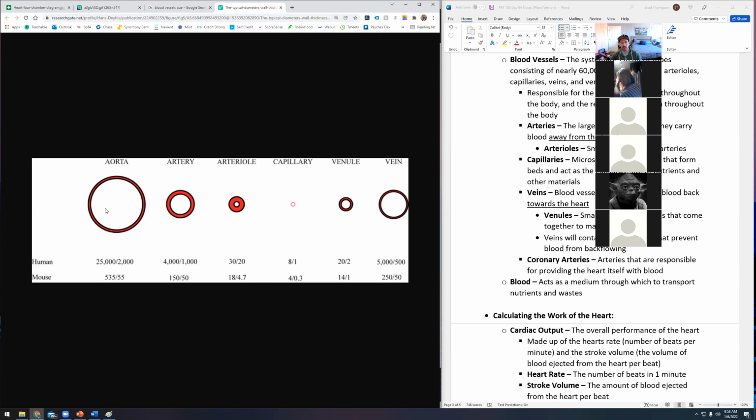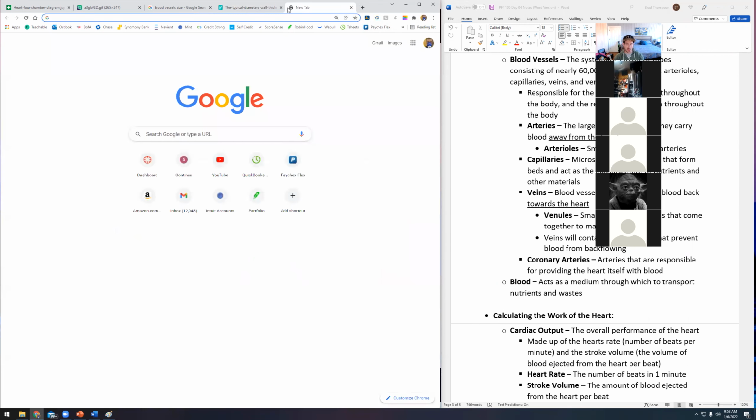So the aorta gets a little bit smaller and becomes an artery, gets a little bit smaller, becomes an arteriole, gets a little bit smaller and becomes a capillary. Venules and veins are a little bit bigger, but by this point, the pressure is really low. There's really not a lot of pressure left. So what allows blood to kind of keep traveling back to our heart? Well, your veins